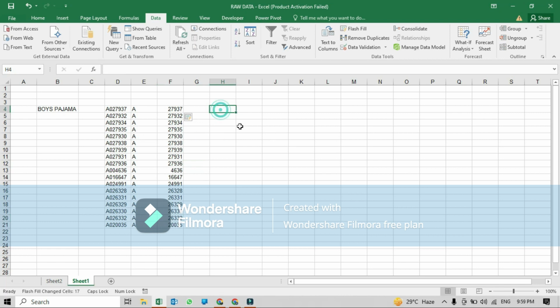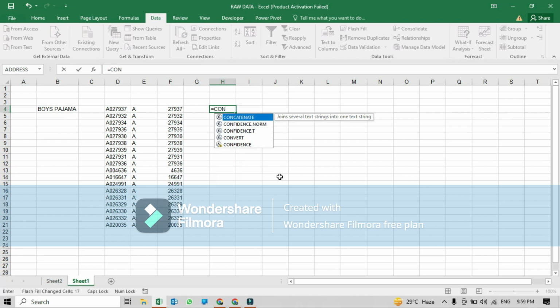Right. Now, from the very beginning of my video, I told you that we will first split the text column into different columns, and another option I will show you is to merge the two columns into one. So in this cell, I will show you how to merge. There are so many formulas. If I type the formula equals CONCATENATE,